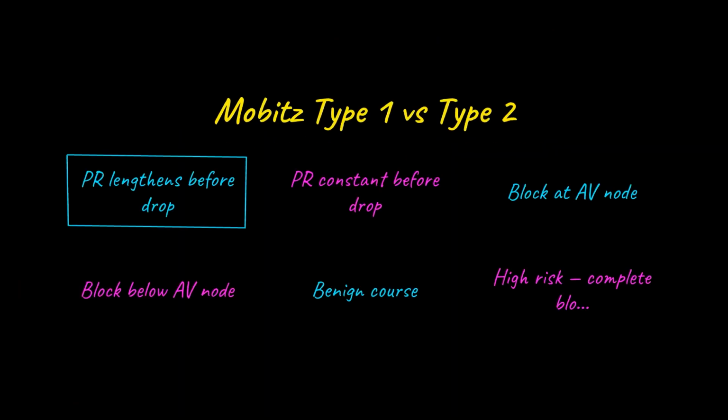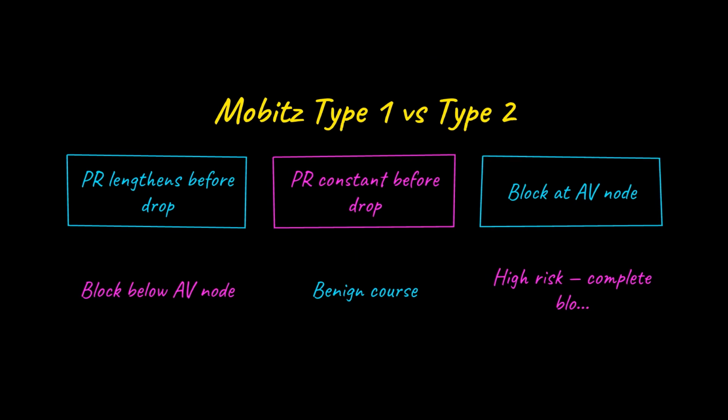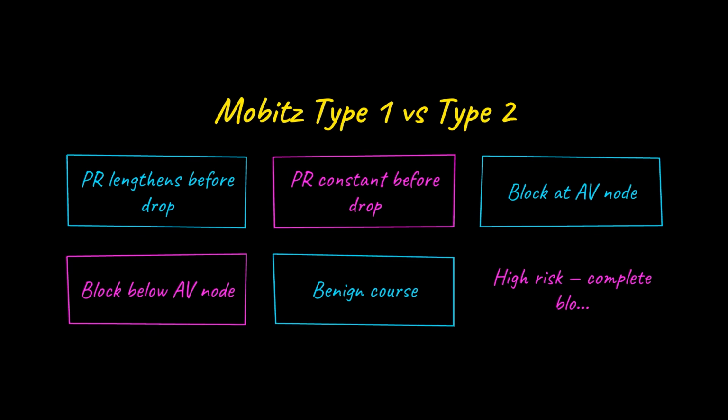The critical distinction is between Mobitz type 1 and Mobitz type 2. Type 1 shows progressive PR lengthening with a block at the AV node and a generally benign clinical course. Type 2 has constant PR intervals on conducted beats. The block sits below the AV node in the His-Purkinje system, and it carries a much higher risk of progressing